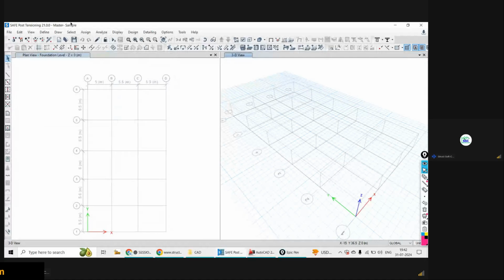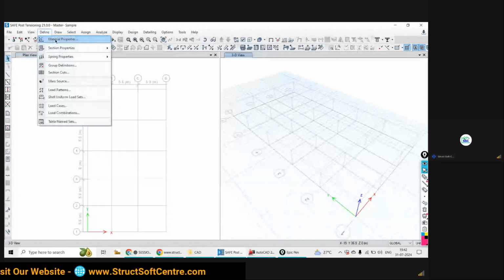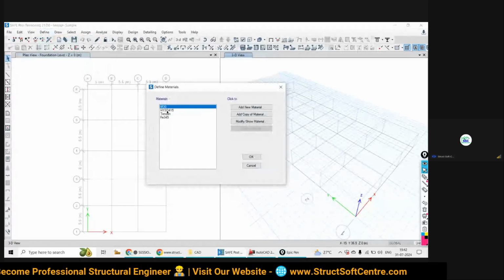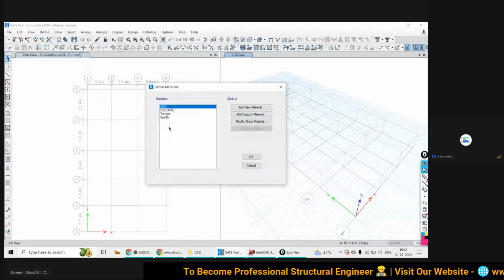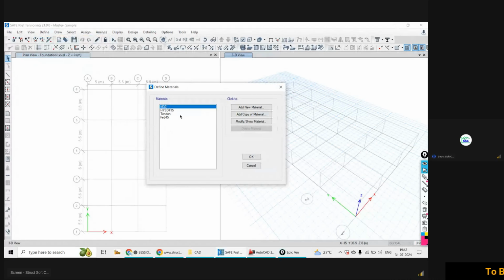In the Define section you need to go to Material Properties. Once you click on Material Properties, some default properties will be there. Either you can go with those properties or you can add your own properties.